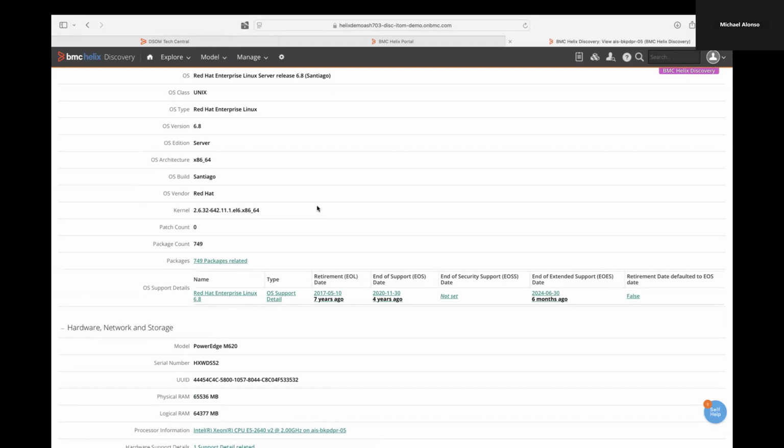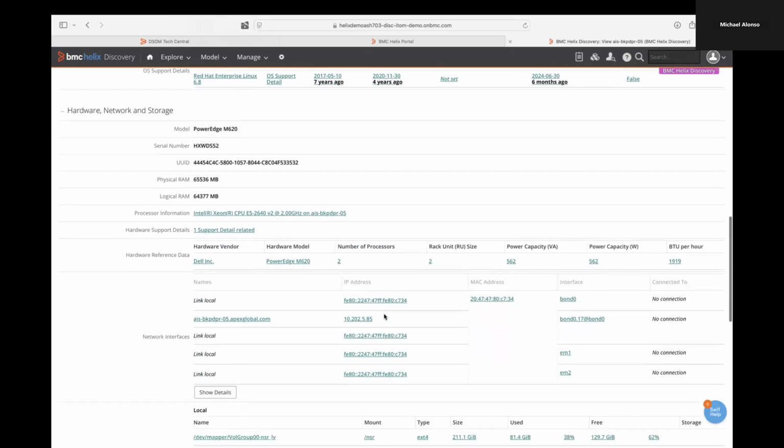We update these dates on a monthly basis automatically for you. So you can actually run reports to say, show me everything that's going to be end of support in the next 6 months, and get ahead of the curve for updating your software, especially for the DoD people that are on the phone, because as you know, end of support means Cat 1 from DISA for our STIGs.